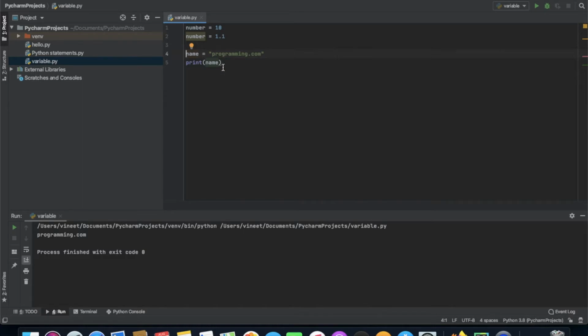So we're going to take another example in which we will be changing the value of a variable. First we have assigned the value programming.com to the name variable. Now we're going to assign a new value to this variable name.